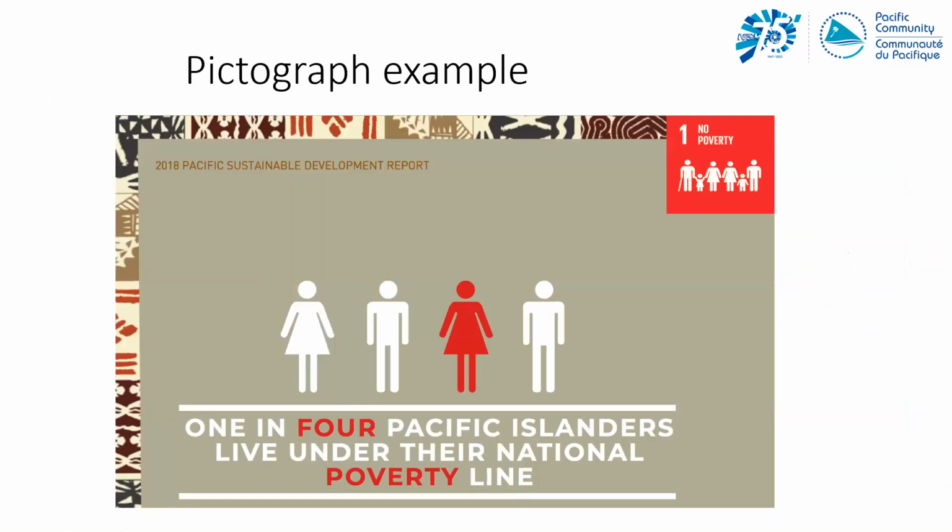So here's a pictograph example from our 2018 Regional Sustainable Development Report, where we're highlighting the key message from SDG Goal 1 on no poverty. We're showing four people and highlighting the one person who is our representation of poverty. So this is a nice way to summarise what could be a whole chapter of discussion, and indeed there's a whole realm of analysis that sits behind this, but for some people that aren't going to read through that, this is a nice way to highlight and have a takeaway message from all of that work.